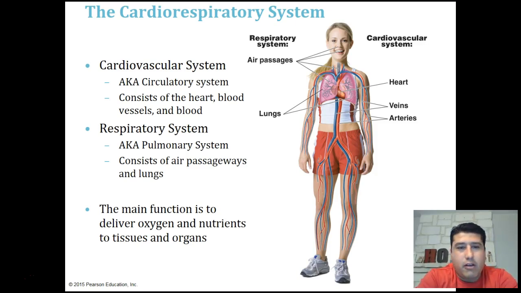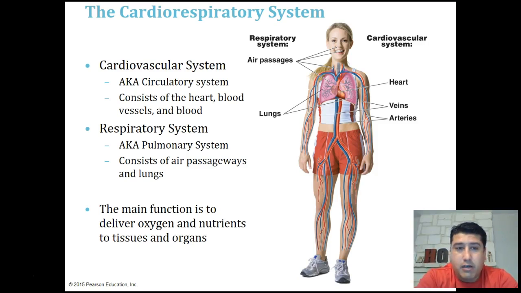The cardiovascular system, also known as the circulatory system because it circulates all the blood throughout the body, consists of the heart, the blood vessels, and the blood itself. So anything that affects those 3 components, the heart, the blood vessels, and the blood, is called a cardiovascular disease. A lot of people think that cardiovascular disease is referring to the heart, and it does capture diseases of the heart, but it also captures diseases of the blood vessels and the blood itself. So cardiovascular disease can be anything.